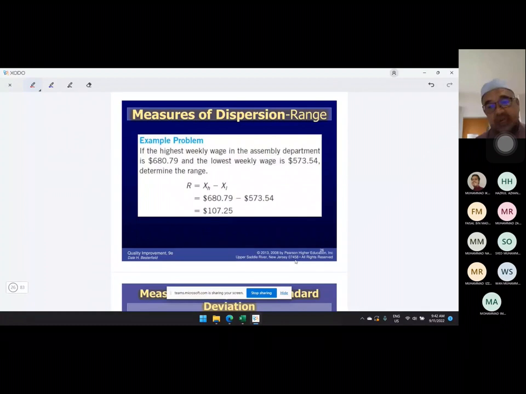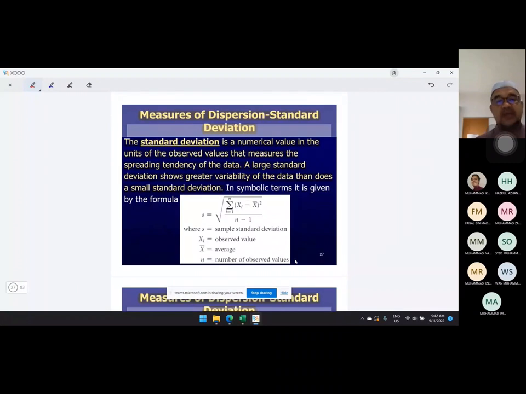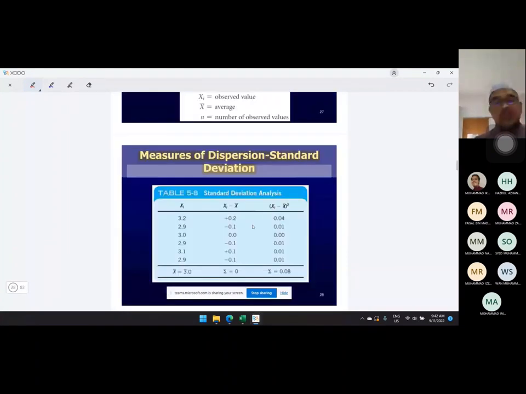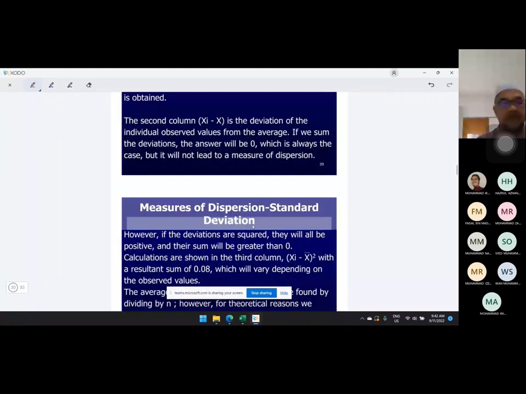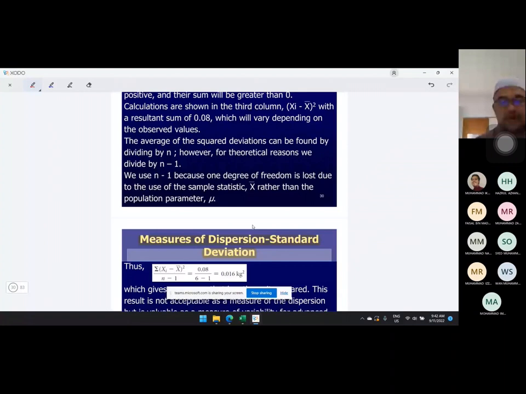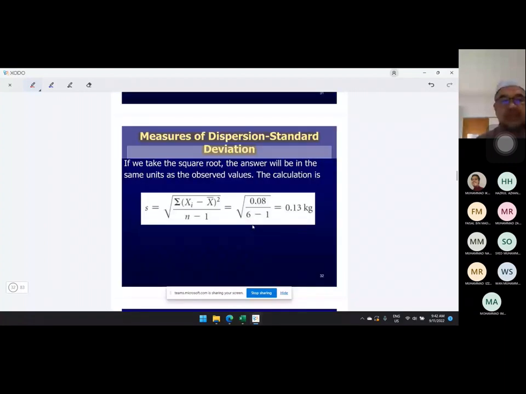And then we already discussed a lot the importance or significance of these values. So here shows the sample standard deviation S, and the formula involves the individual value minus the sample average, X bar, because this is sample, and divided by n minus 1. So make sure you take notes of this one. There are examples here. We already talked here, and also we talked in our few classes on this. So make sure